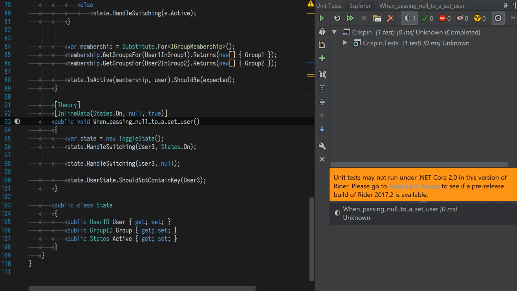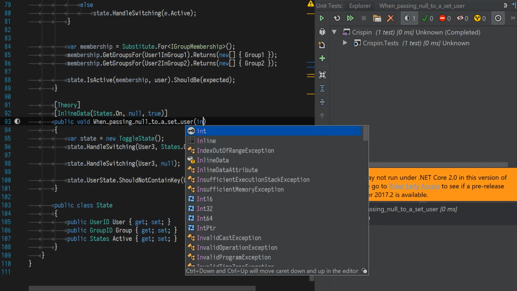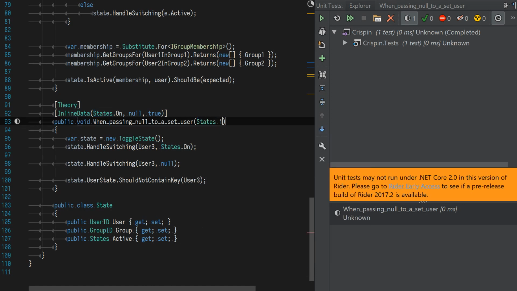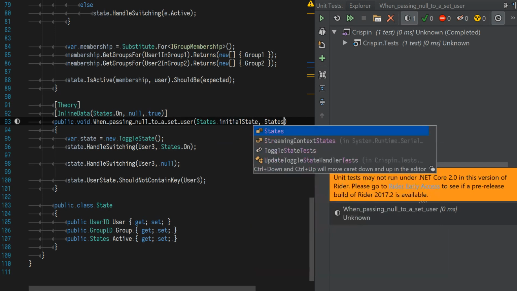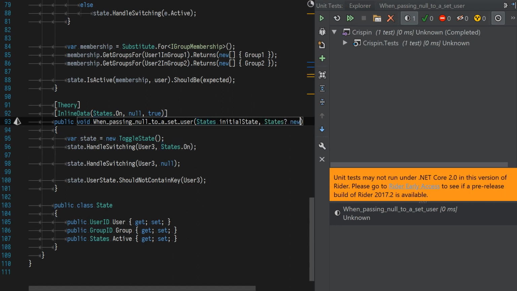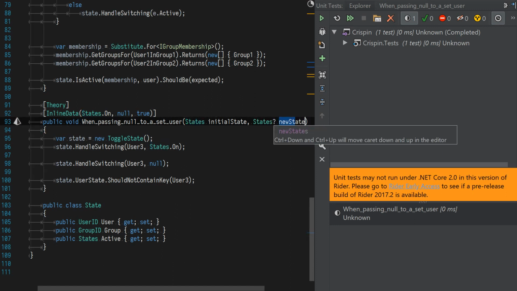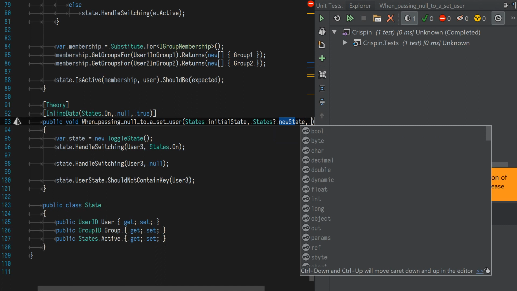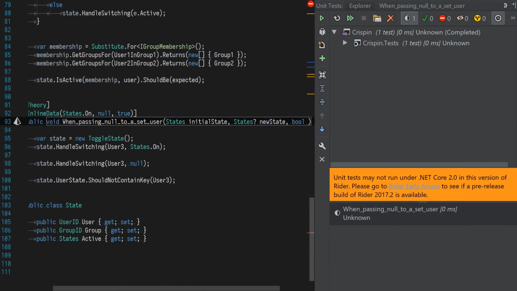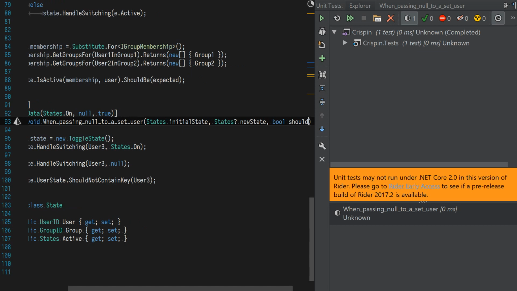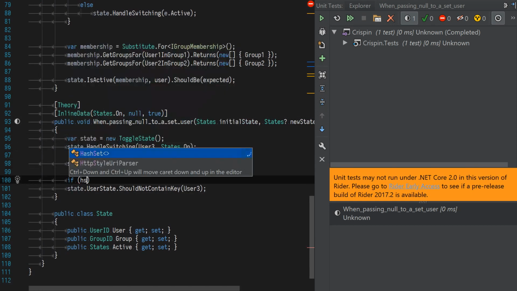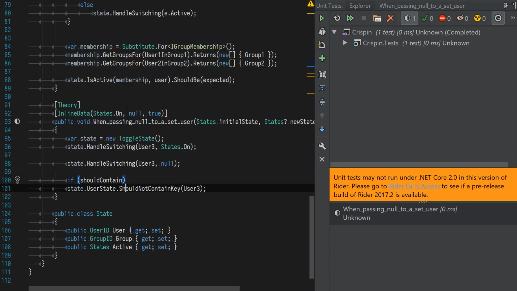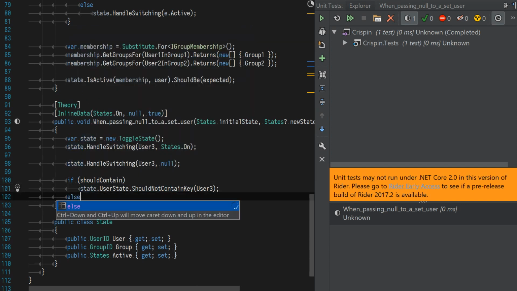So this is states initial state. Then we have states question mark new state, and we'll should contain. So here we'll say if should contain, do that, else